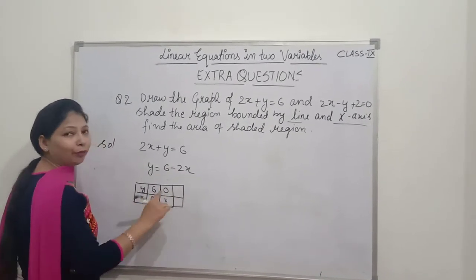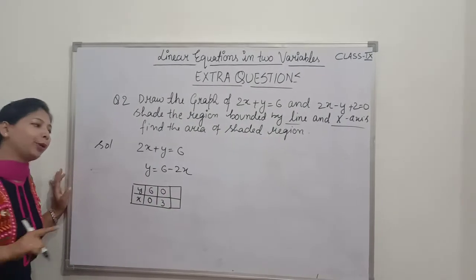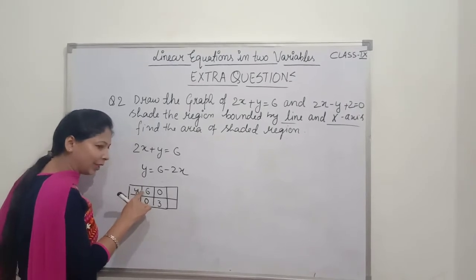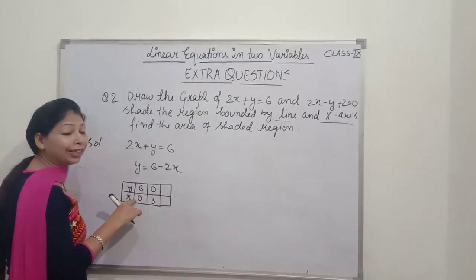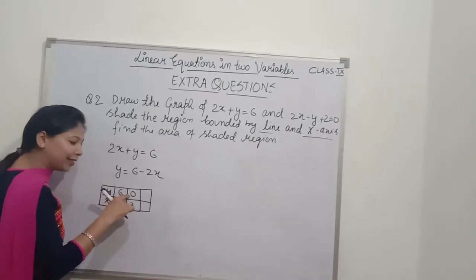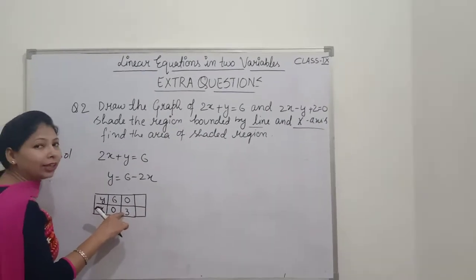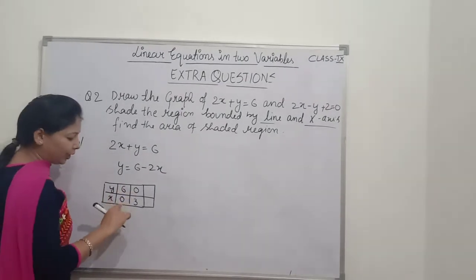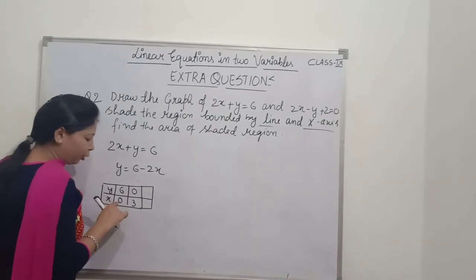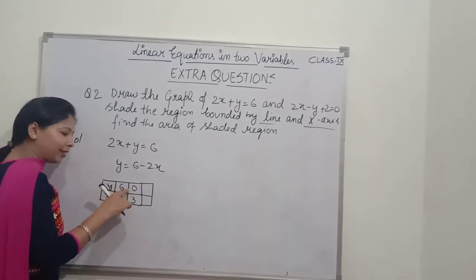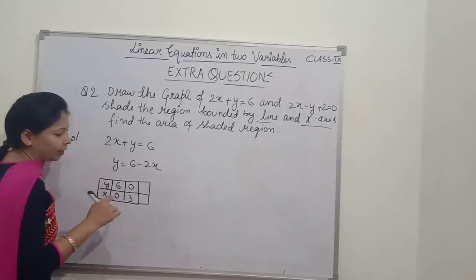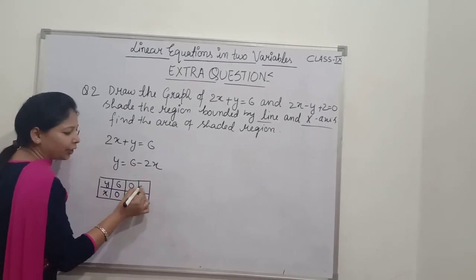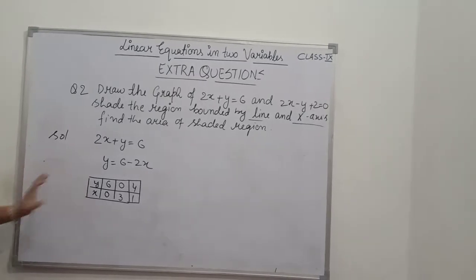So these 2 points are very important for plotting the graph, because if x is 0 and y is something, that means this point is going to cut the y-axis, and if y is 0 and x is some constant, then it is going to cut the x-axis. So these 2 points are very important, 0, 6 and 3, 0, because the 0, 6 point lies on the y-axis and 3, 0 lies on the x-axis. Now in between I can take any value. If I take x is equal to 1, then 6 minus 2 is 4. Now this is the graph of one equation.